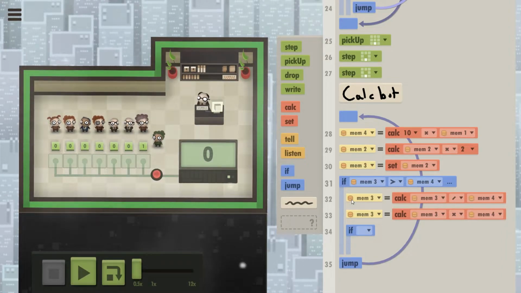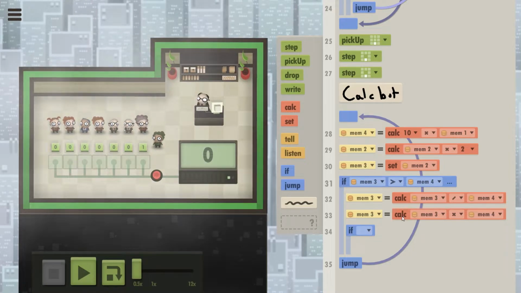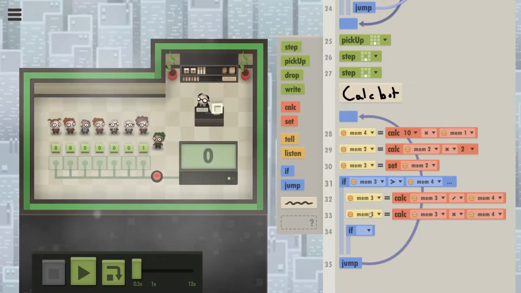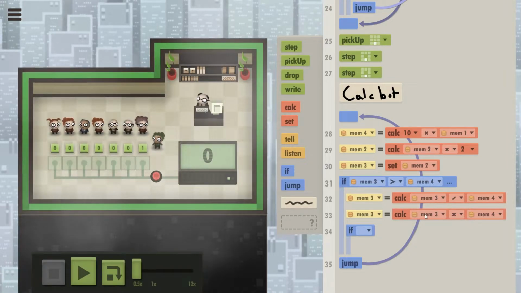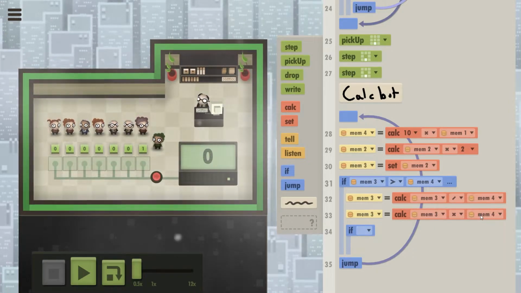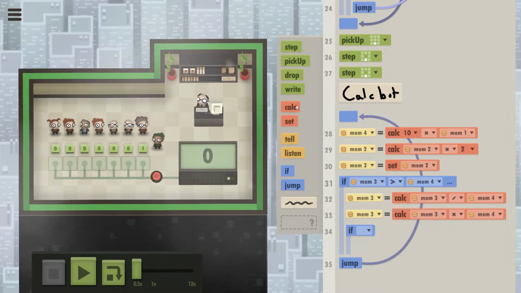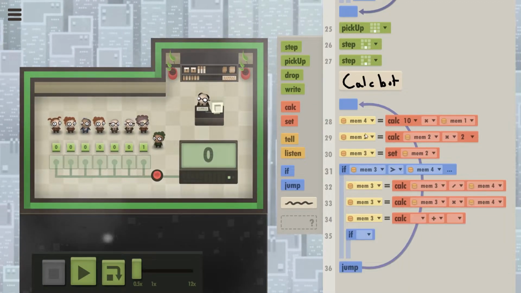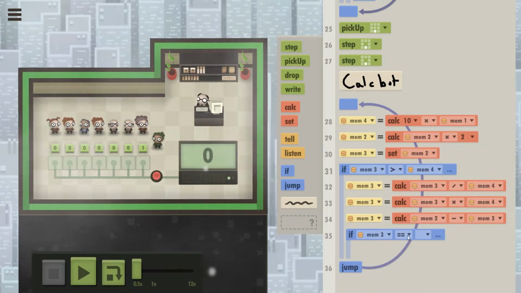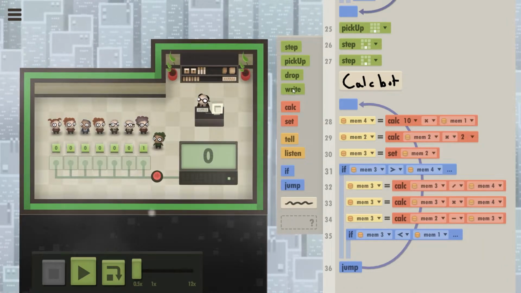What did I need to do after that? So I divided it by that. Oh, no. I remember what I need to do. I have mem3 to be 10 times my base. I then will multiply mem3 times ten times my base, and then I will calculate mem3 to be mem2 minus mem3. If mem3 is less than my base, which is mem1, I will write